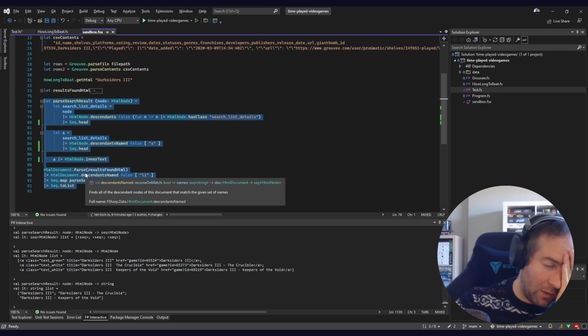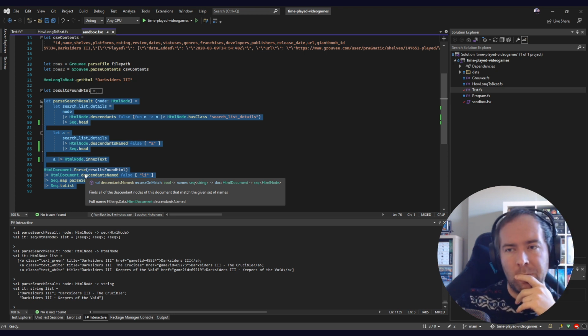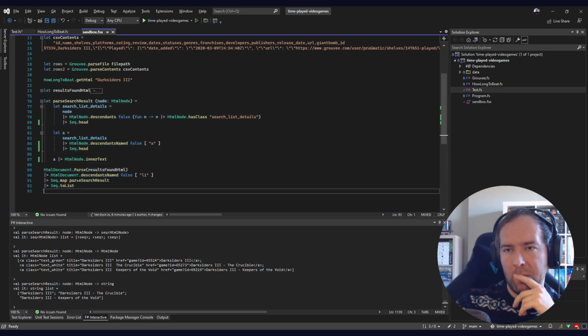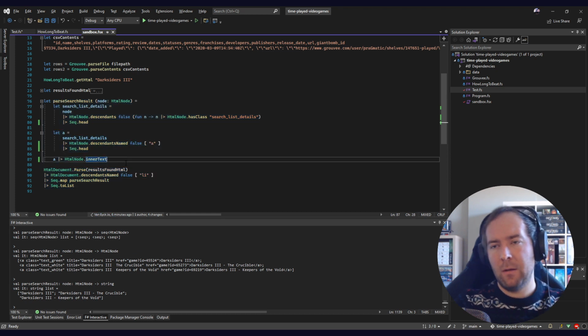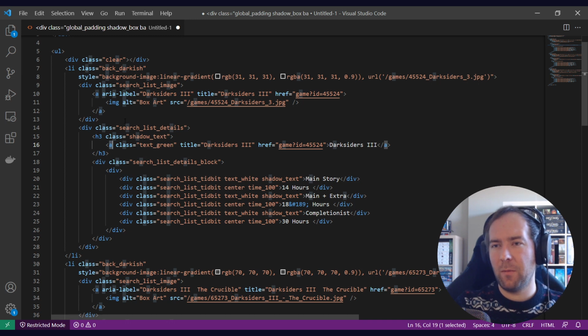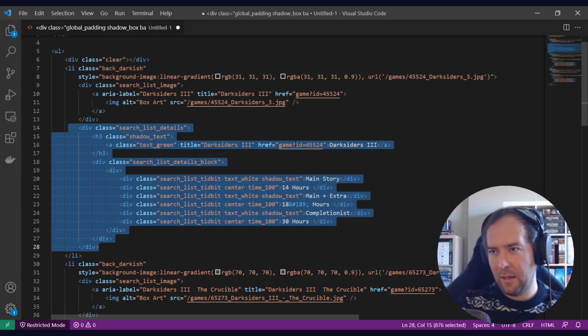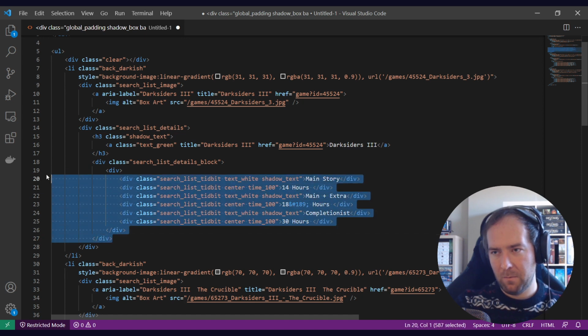Now to parse the playtimes. Let's quickly print out what we had. Oh no, we have the HTML somewhere else. There we go. So now we're working on the level of this div. We just extracted this A to grab the title, and now we should grab these. Let's just grab everything with a